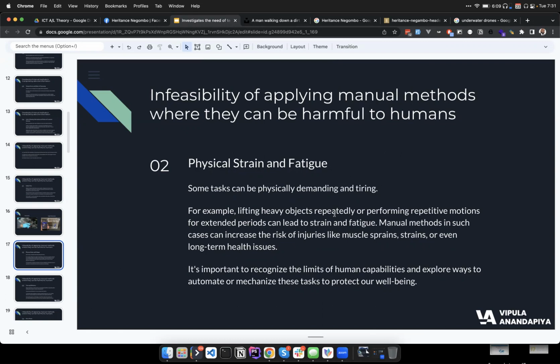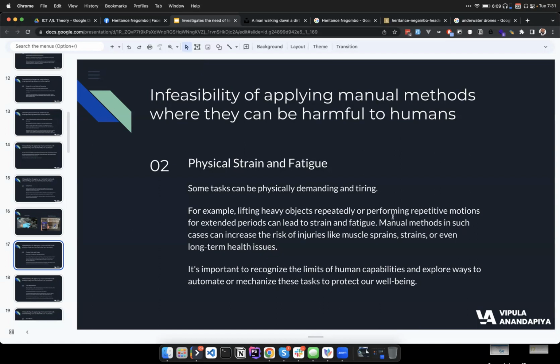So becoming a diver is a big process. You have to go through a training process, you have to get the certifications, and you dive underwater. So the physical strain and fatigue for such a person is extremely next level, right? You have to swim down, you have to go through it, and you have to completely do the entire manual